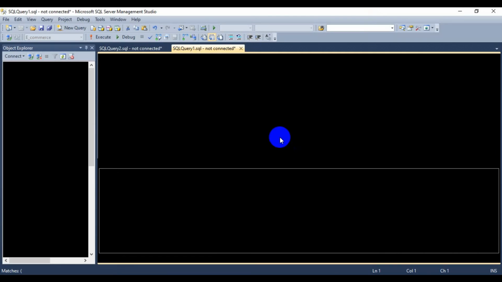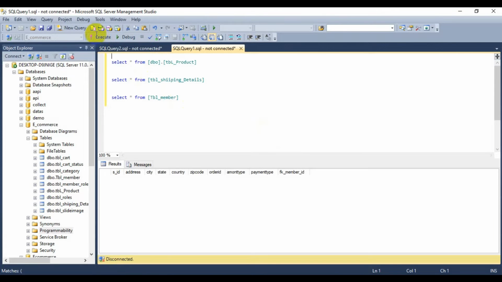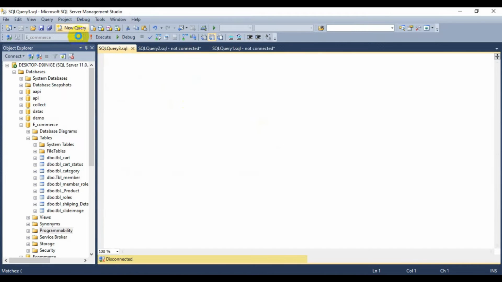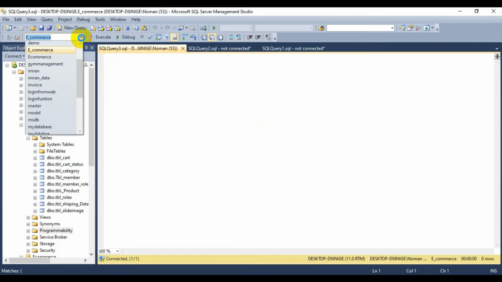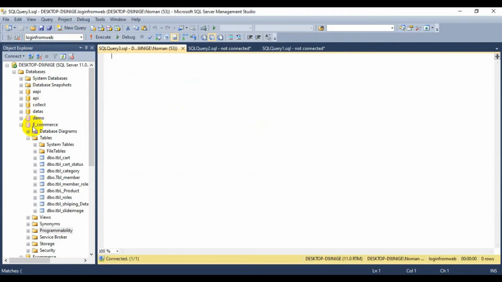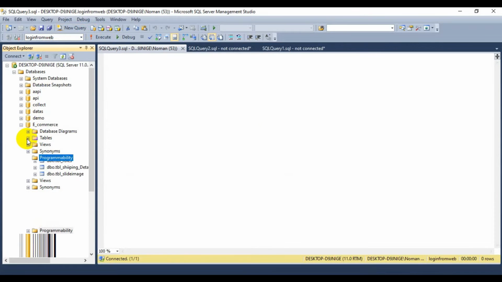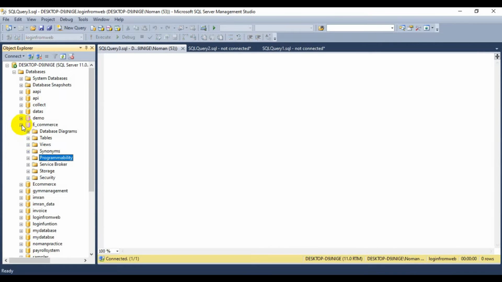I have a database available, so I'm going to add a new query. My database name is login from web, where I have some columns. First I'm going to check how many tables I have in my login from web database.